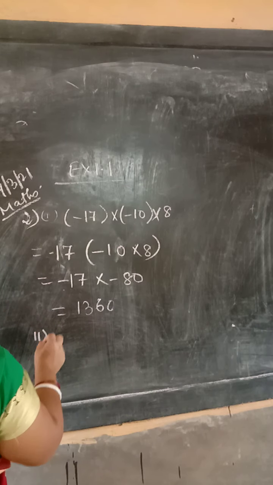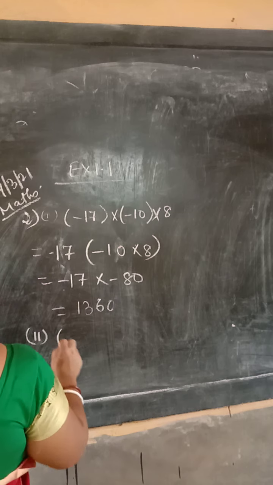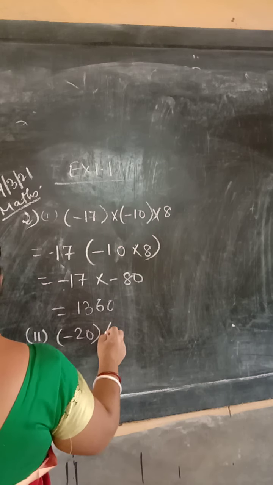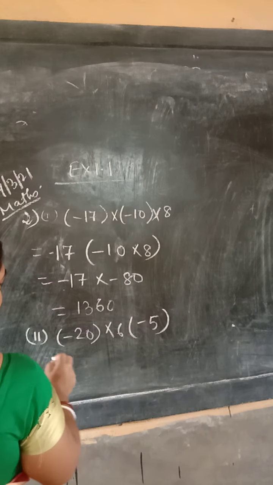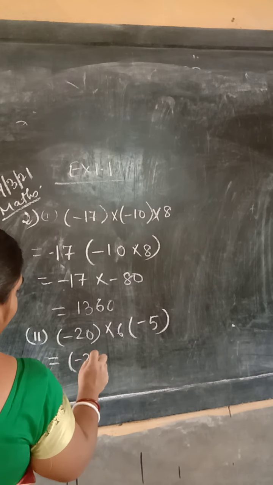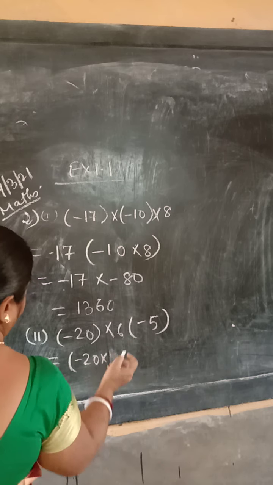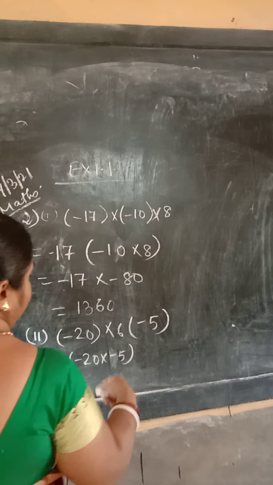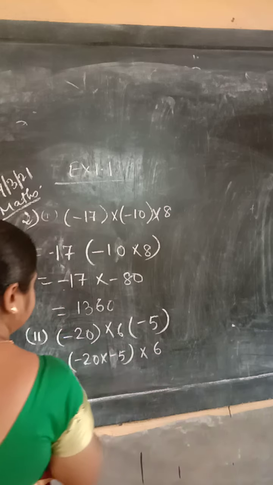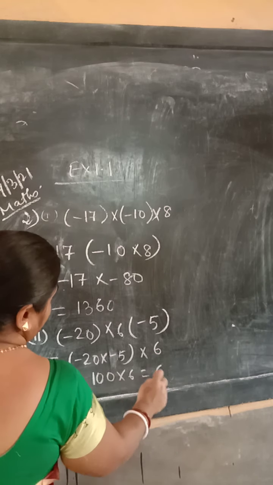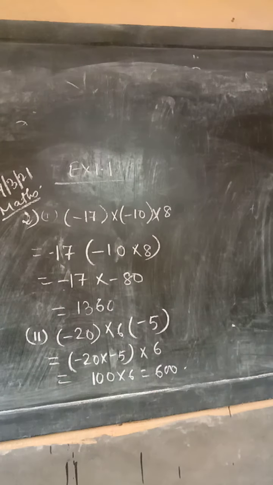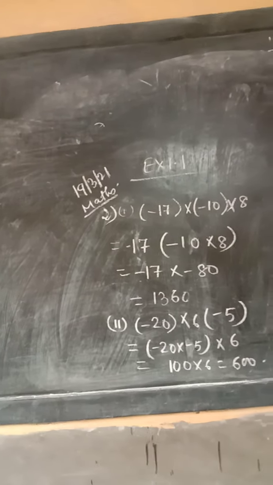Now you see number 2 here, you will understand it properly. It is given minus 20 into 6 into minus 5. Now if I multiply minus 20 and minus 5, I will get 100. Multiplying any number with 10 or multiples of 10, the terms with 0, is easier. It gives you plus 100 into 6, that is 600. If we make a group in a proper way, we can make our sum easier when we multiply.